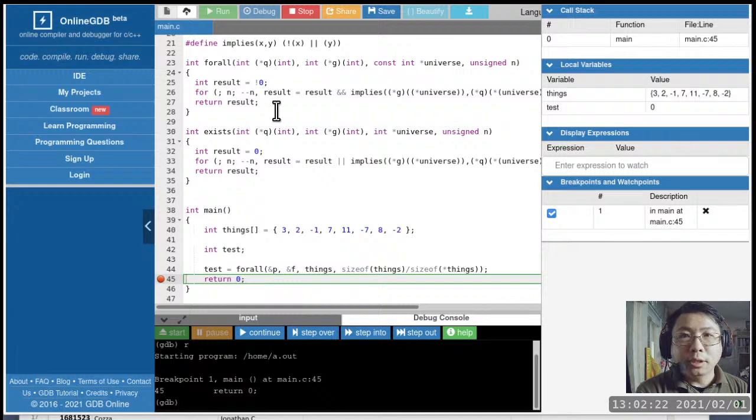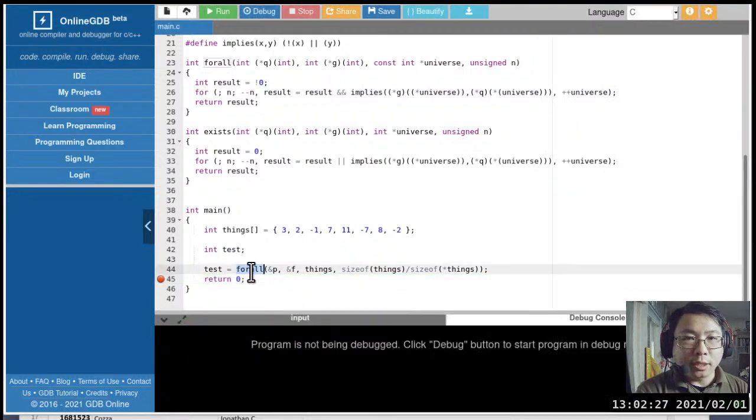Okay, very good. And if we switch from a for all to an exists, this time it should return a true, because exists basically says if there's at least one value in this entire universe that is non-negative and also even, then this function would return a non-zero value.